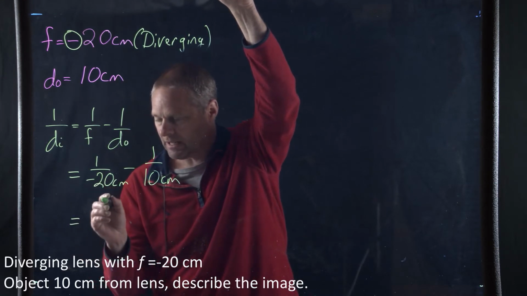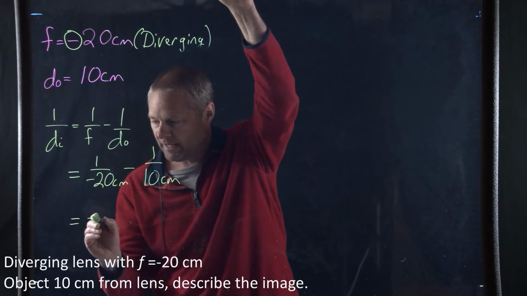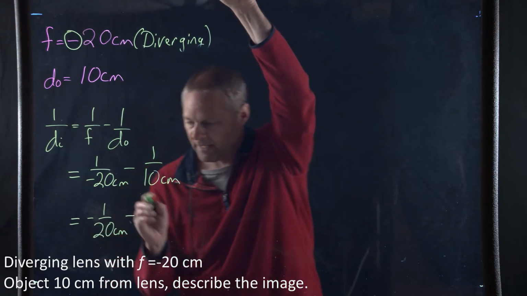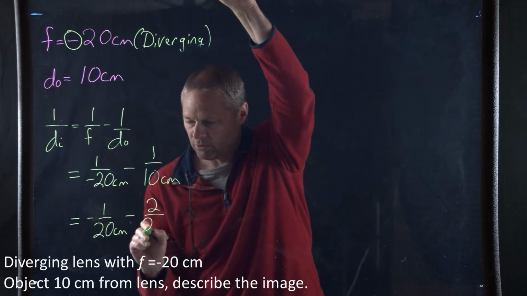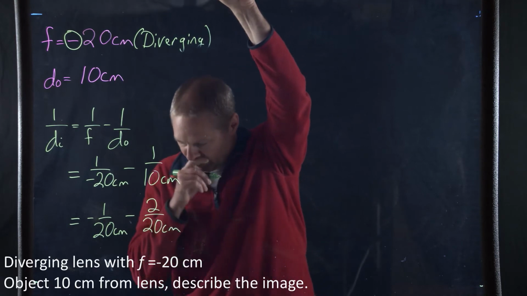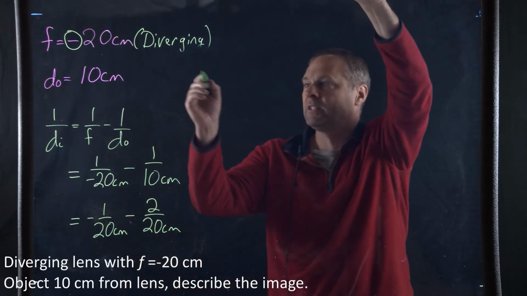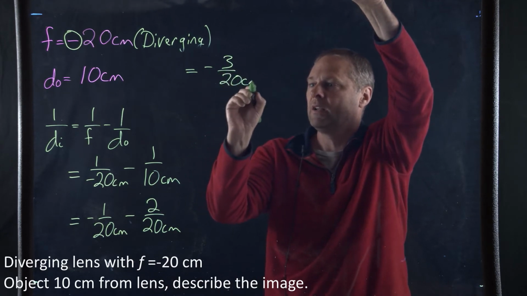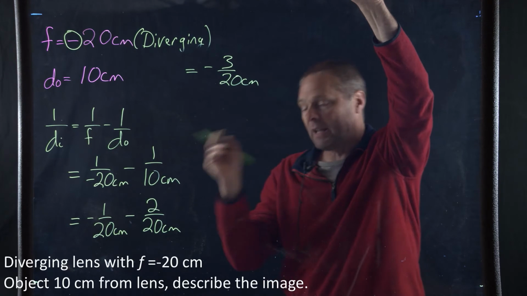So this is equal to a negative 1 over 20 centimeters minus 2 upon 20 centimeters. Or this is going to be equal to a negative 3 upon 20 centimeters for the inverse of the distance